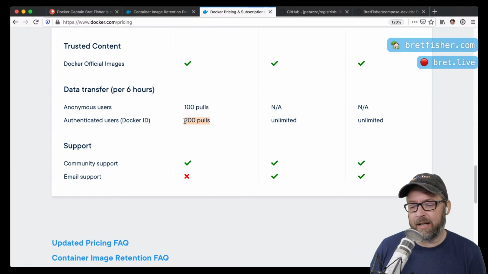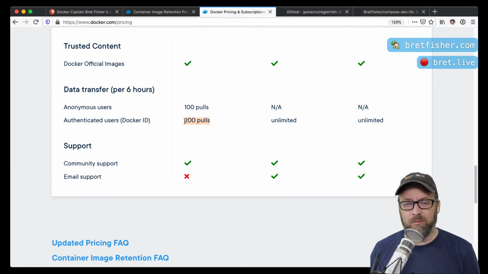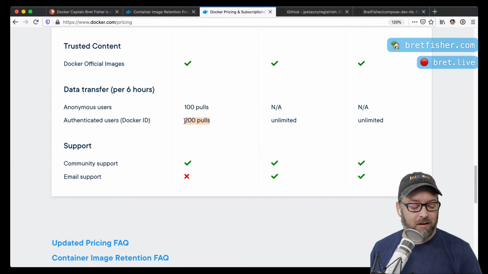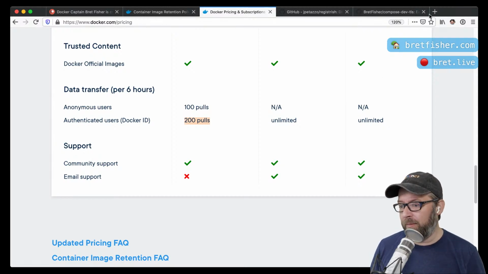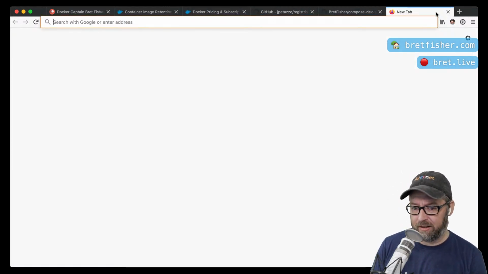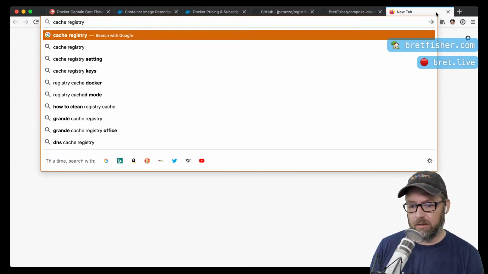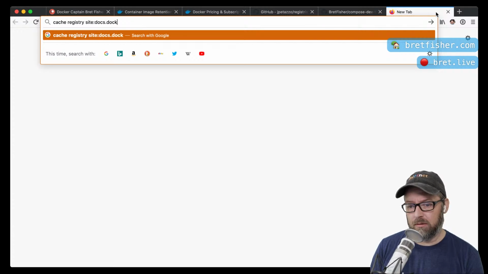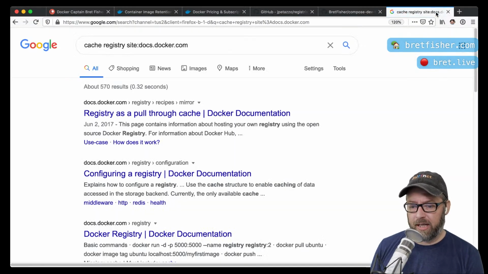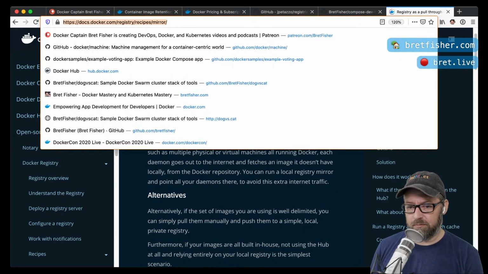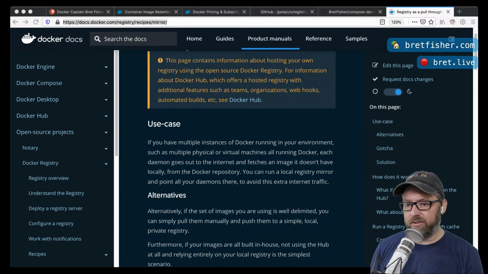It's not going to be a lot of work to set that up, but it is a process, and we don't really have a lot of documentation on step by step by step. Now, Docker has that on their website, but a lot of people may not know about it. So, in fact, I can probably do a search. So on their cache, a pull through cache here, and I'll put this into the chat. So this is step one.